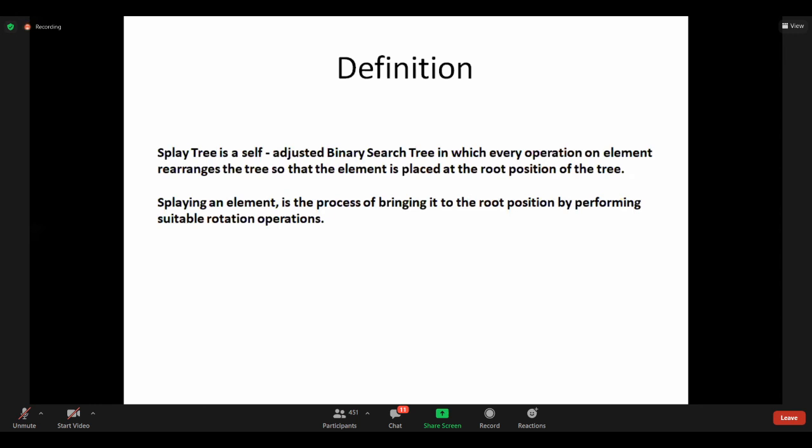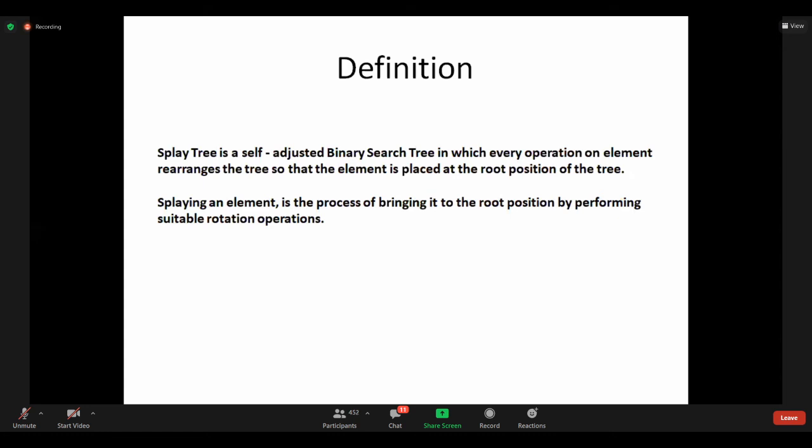Splaying is nothing but making the newly inserted node the root. So to make 2 the root instead of 1, I implement some rotations. Splaying an element is the process of bringing it to the root position by performing suitable rotations.